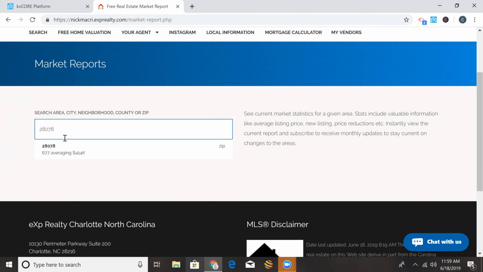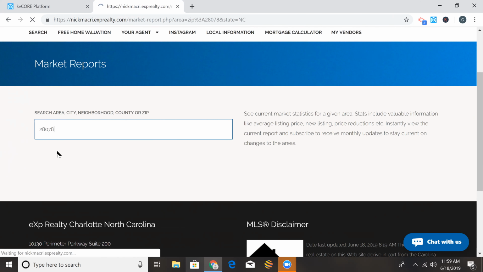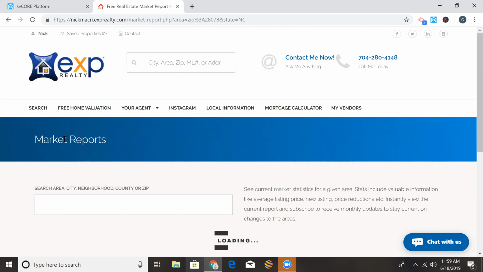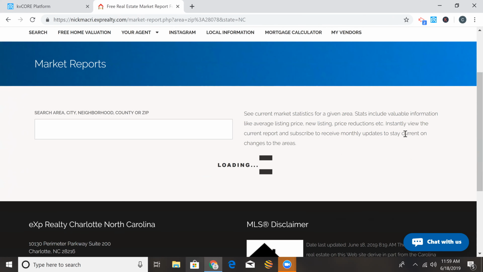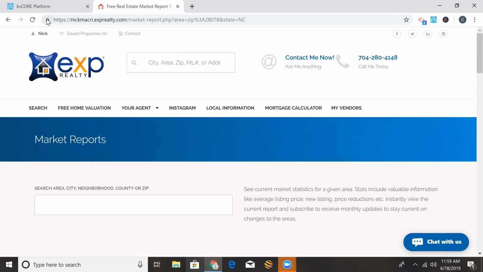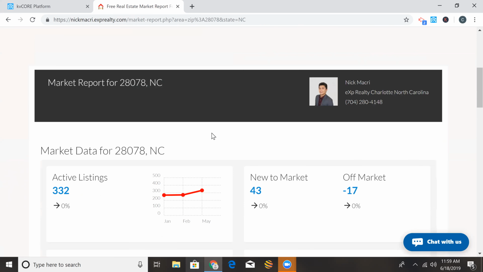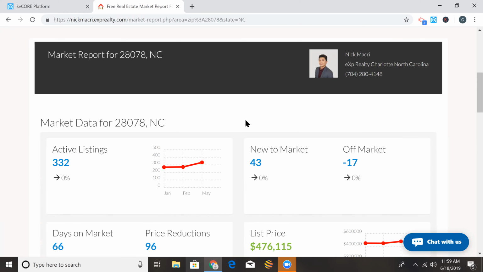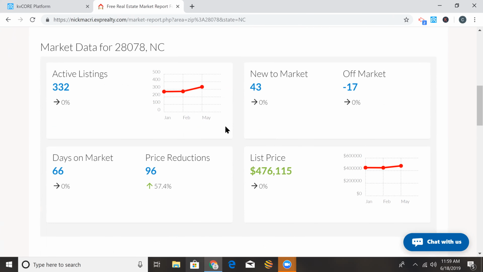So I'm going to put in the zip code for Huntersville. Here we go. It looks like I'm already logged in. So if I wasn't logged in, it would ask for my information: hey, I need your email and number to view this report. So here you go, I have this report. There I am, Nick. And it'll show you active listings, new to market, off market, days on market, price reductions,